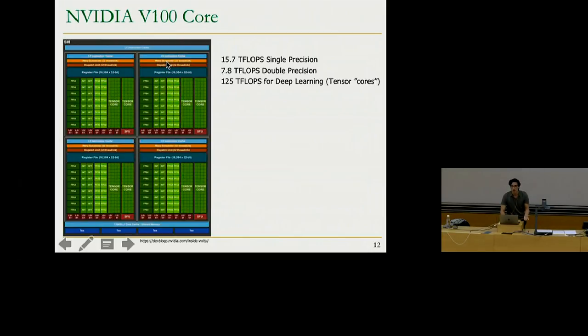Then we have the warp scheduler, which is the unit that makes the decision of when to launch or issue an instruction, a specific instruction for a specific warp. So it's the one that selects the warp to execute. Then here we have the register file, and here several specialized or functional units for different purposes. For example, there are some of them here specialized for double precision floating point operations. Then we have integer and floating point